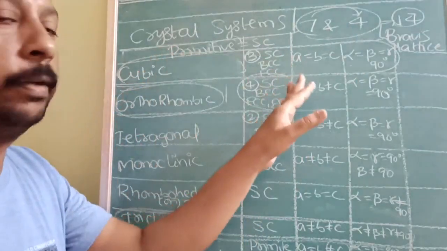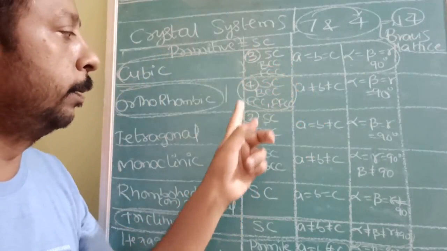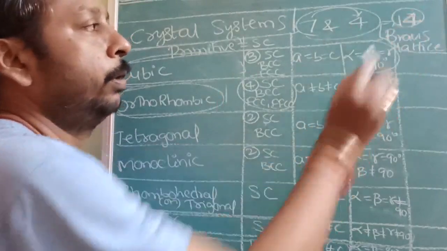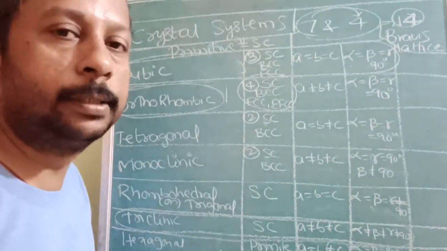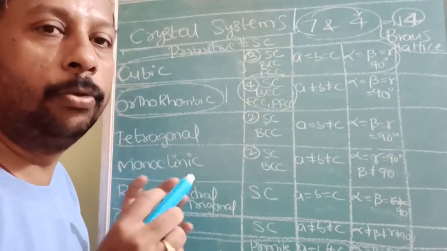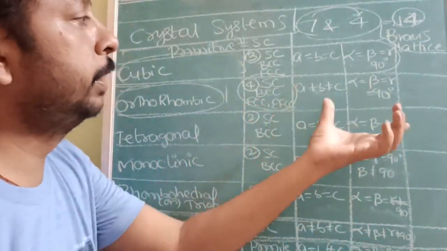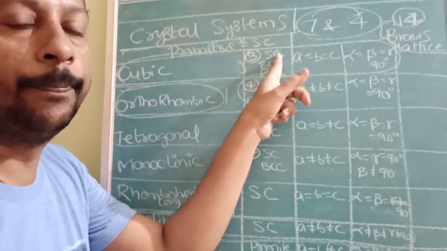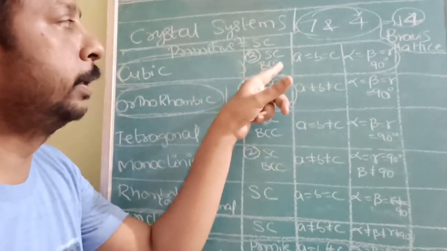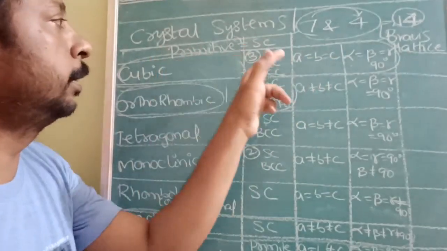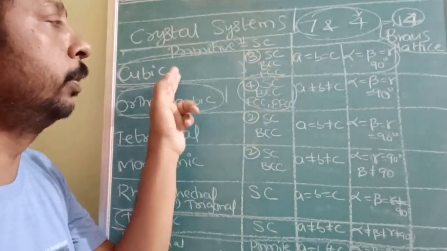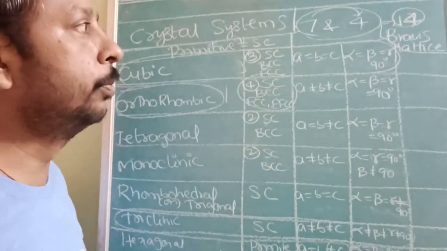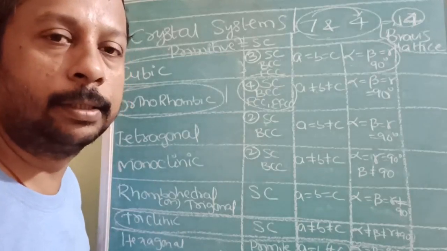Out of these they are further divided into some more types: 3 plus 4 plus 2 plus 2 plus 1 plus 1 plus 1. These are the 14 Bravais lattices. Why these 14 Bravais lattices? Is it understood? Basic crystal systems are 7 only, but where you place the points in those, this is the basic structure. If you place points only at corners, this becomes simple cubic. Along with the corners, if you place one at the body center also, it is body centered cubic. Then face centered cubic. Simple cubic is also called primitive. Is it understood? So the difference between Bravais lattices and crystal systems, is it understood?